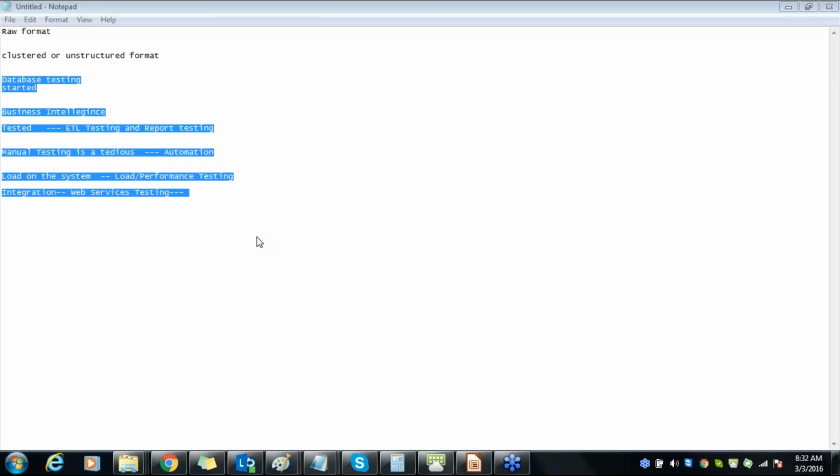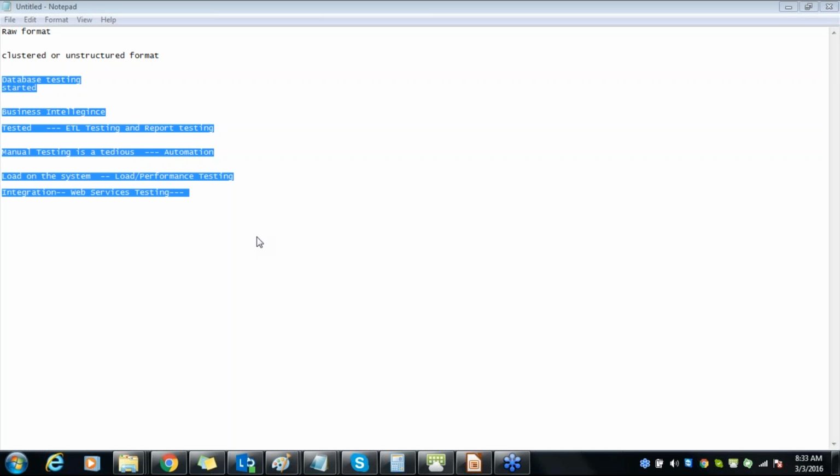So we classify testing on a high level as black box and white box testing. Black box testing is nothing but whatever we see on the front end. So if we test that, that is called black box testing. And if we test the code that is written on the back end, that is called white box testing. For doing white box testing, we need to have a basic understanding of the technology which is used to write the functionality. Say, suppose the front end is developed, and the back end that is used to develop the web pages is Java.